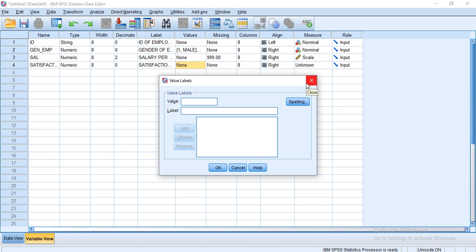Values, we are not going to assign any values, but we can assign them. Instead of writing very satisfactory, dissatisfactory, we can assign codes to it. One is very satisfactory. Two is for satisfactory. 3 is for neutral. 4 is for dissatisfactory.